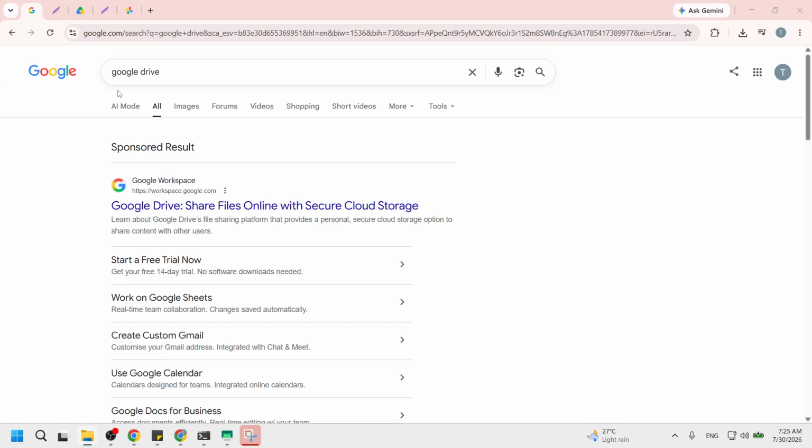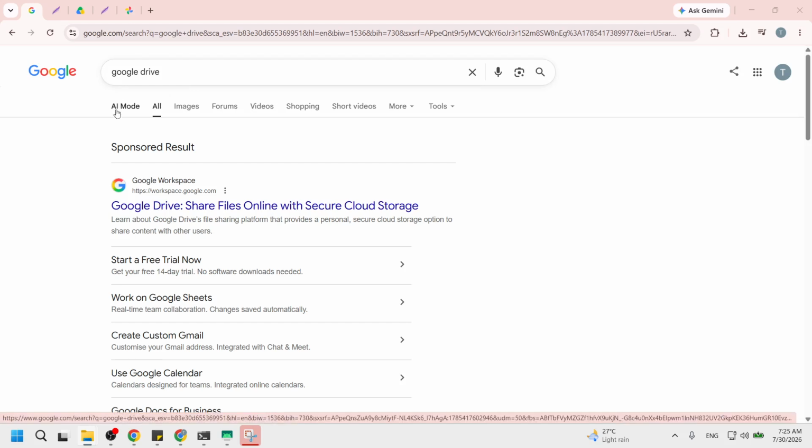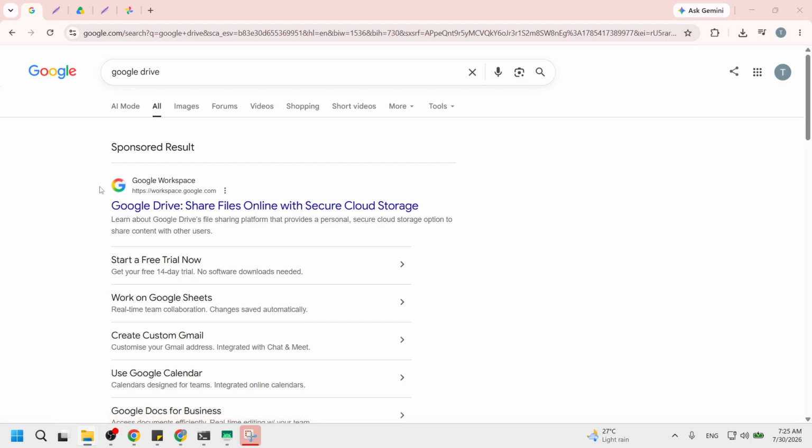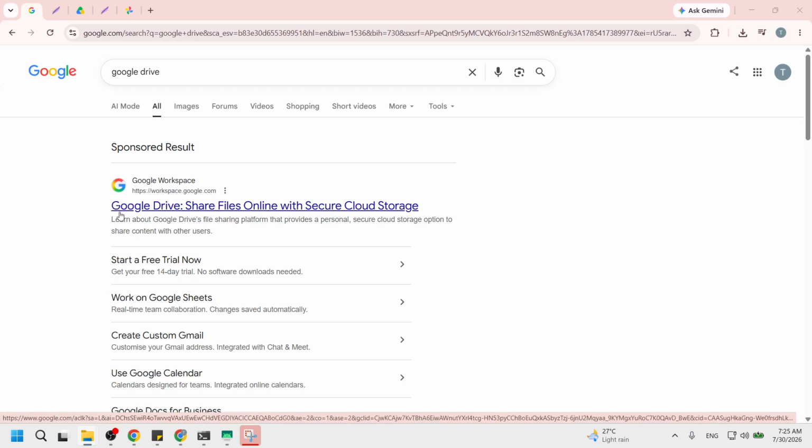Now open your browser and search for Google Drive. In the search results, you should see the official Google Drive page near the top, usually with the word Google and Drive in the title. Confirm the web address shows the standard Google domain, so you know you are going to the real Drive site before you click. Next, click the correct Google Drive link in the results and wait for the Drive sign-in page